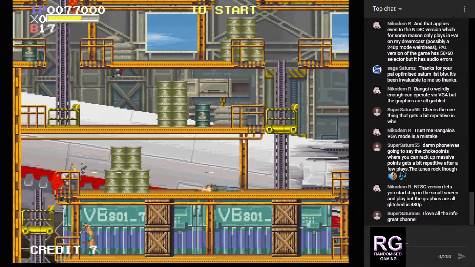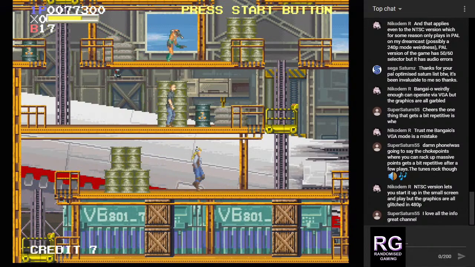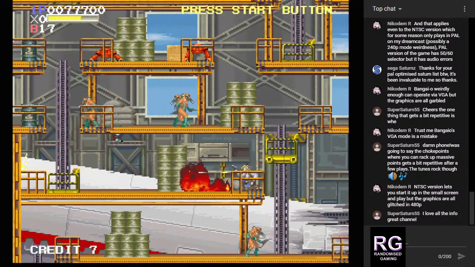I was supposed to be getting out a playthrough of Scythe, which is a hidden mini shooter game on Tokyo Memories, and I've done the playthrough. I was supposed to be doing the video today, but